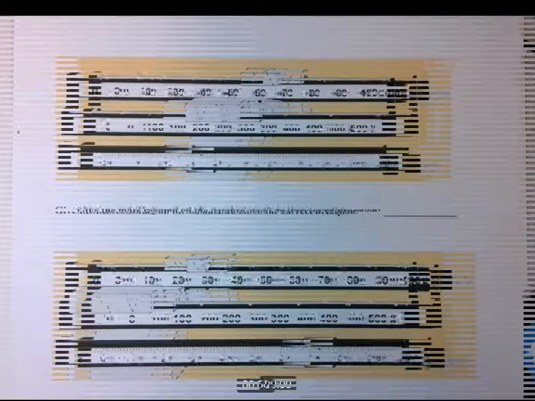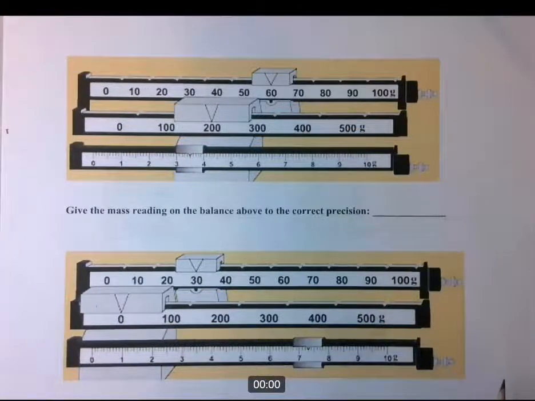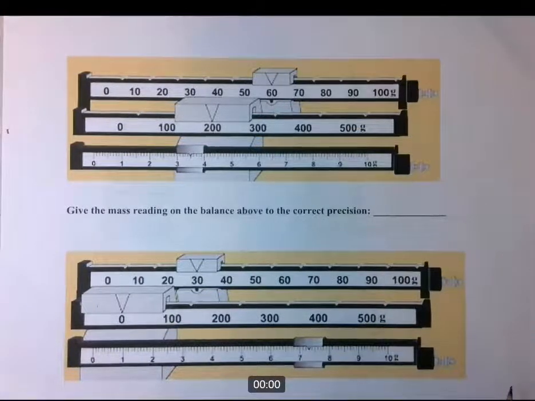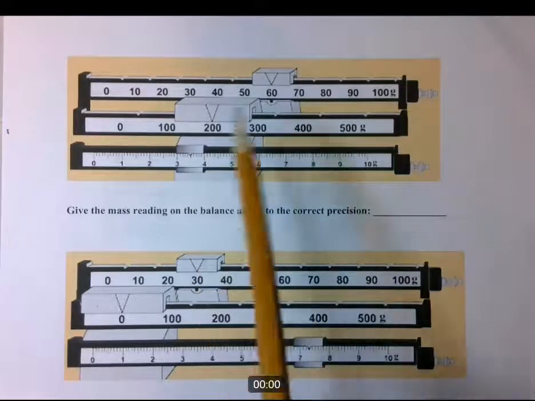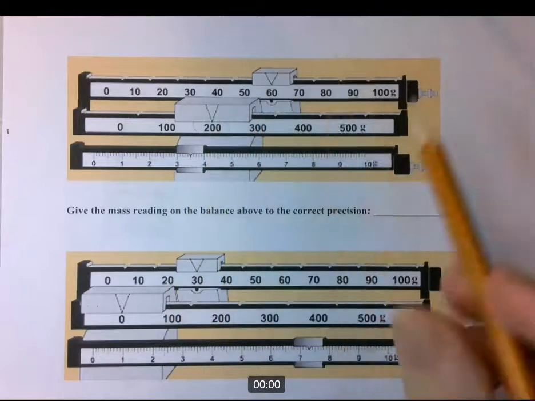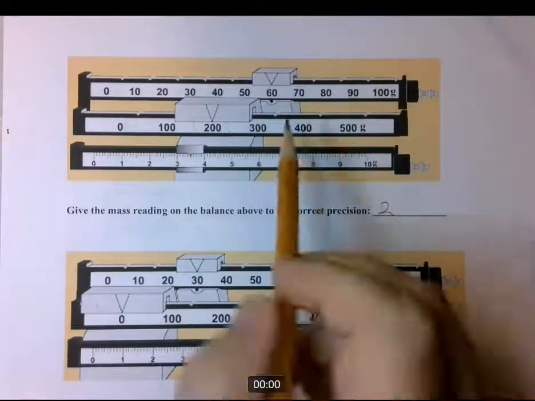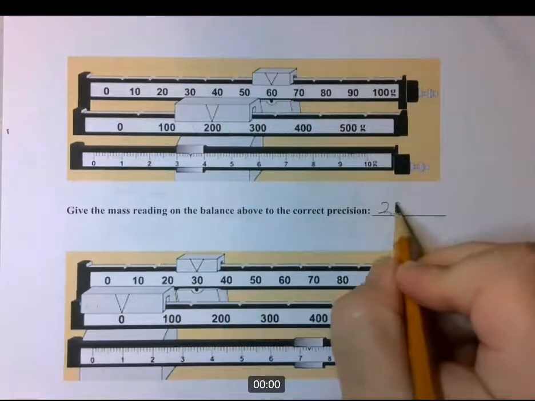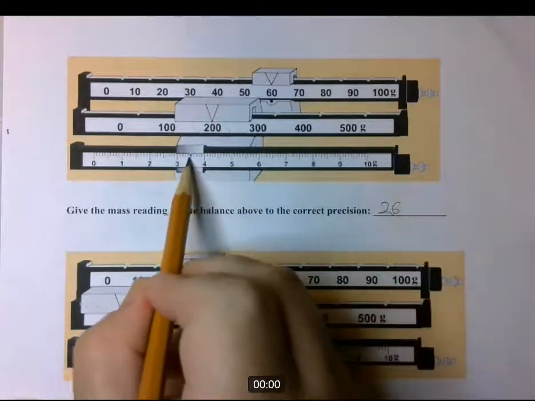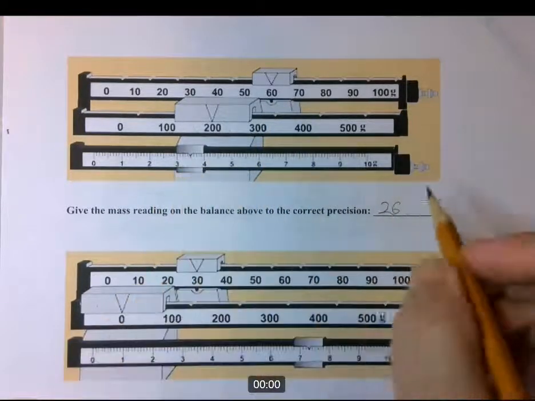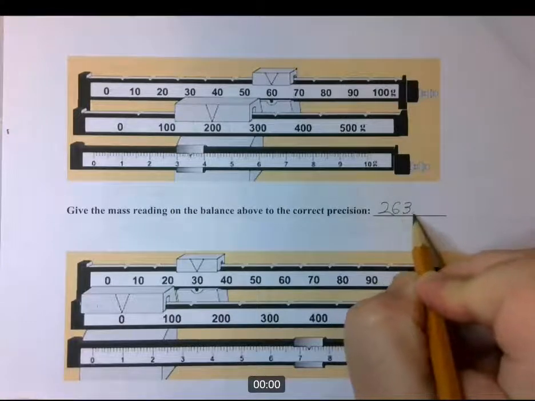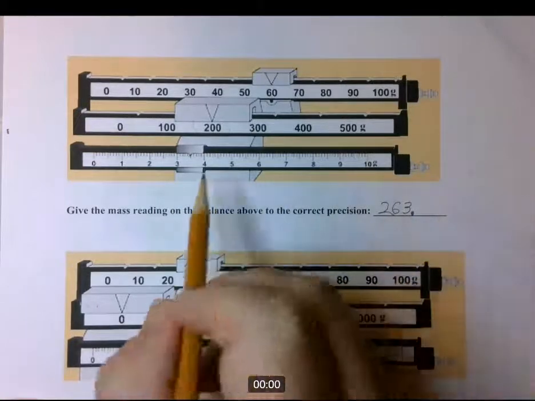Okay, so I've given you 2 images of scales similar to what I did in the video. So I want you to just tell me what the reading is to the proper number of digits. I'll do one of them with you, you do the other one. Okay, so this one is 200. These are in grams. This is a triple beam balance. 60, and there, this is after the 3, so it's 263, and then it's